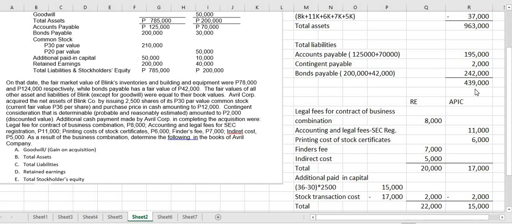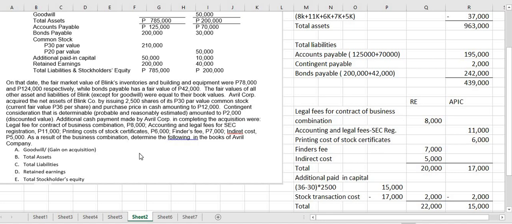Okay? Then, for retained earnings. Sa retained earnings, i-consider din natin kung saan ma-charge yung acquisition related cost natin. So, saan ba ma-charge yung acquisition related cost? May it be sa additional paid in capital ba? So, if it is tax-related cost or yung direct cost or indirect cost na ma-expense. Okay? But since at date of acquisition, yung lahat ng expenses natin, i-close din natin siya to retained earnings. So, retained earnings na lang din natin siya i-deduct.